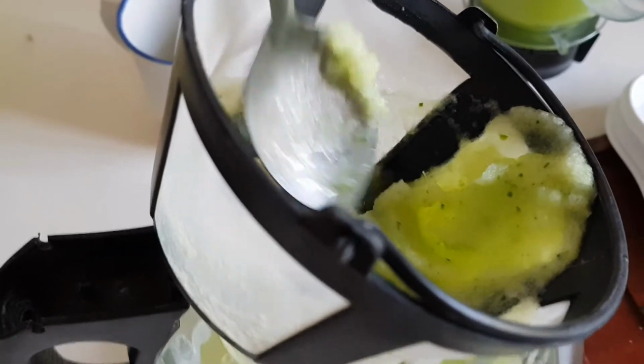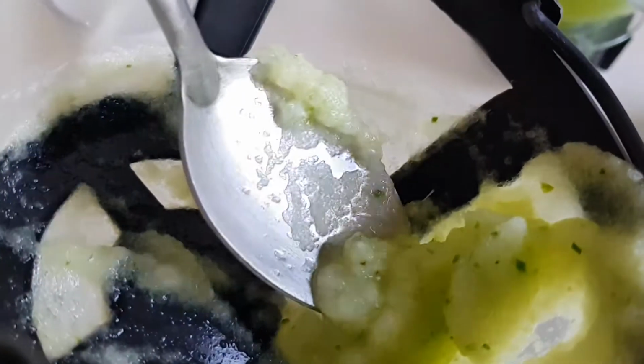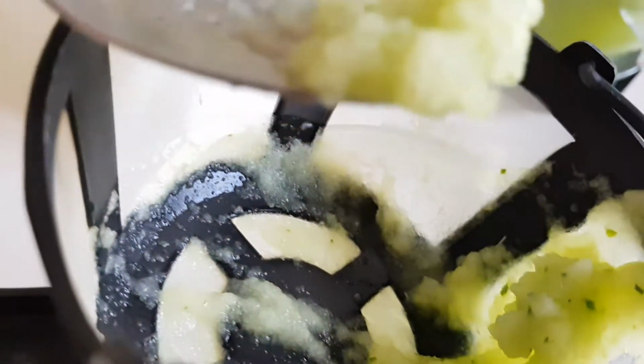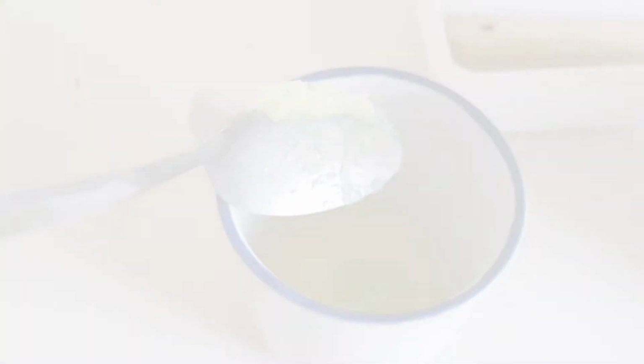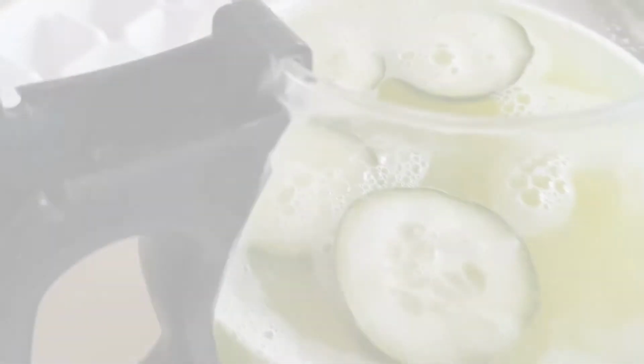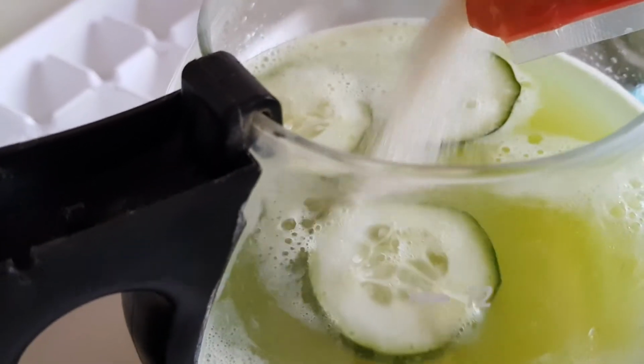And since I don't have a cotton or like cheesecloth, I'm using coffee filter. And this actually you could put together with white egg, and you could use it as a mask. So after straining all the cucumber, just add some sugar